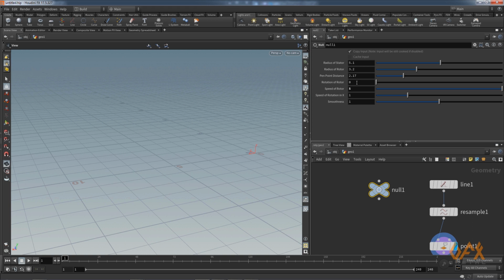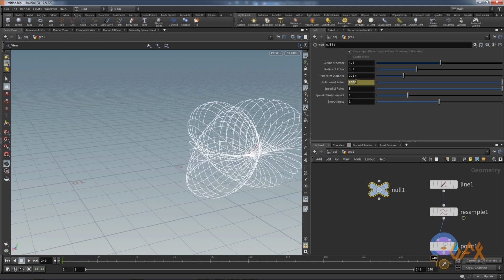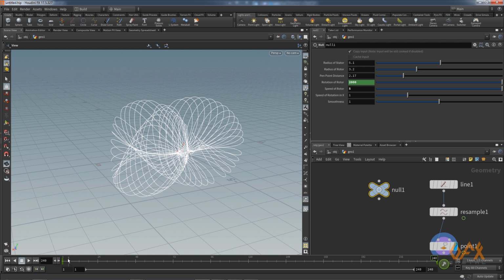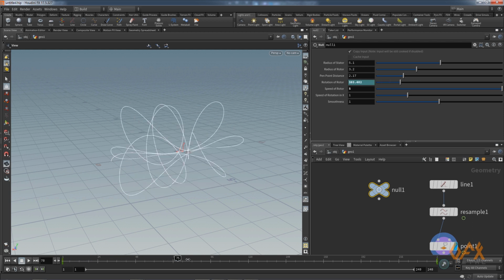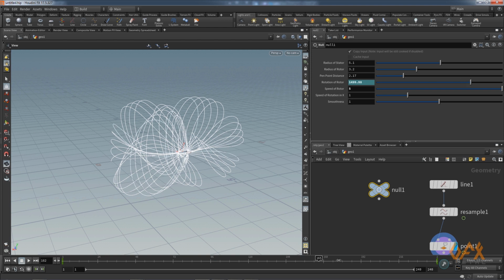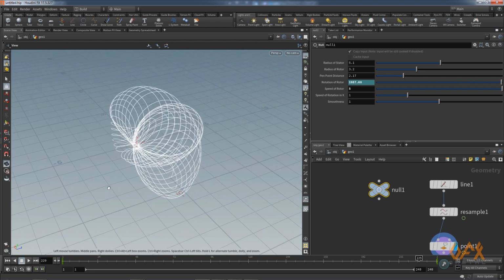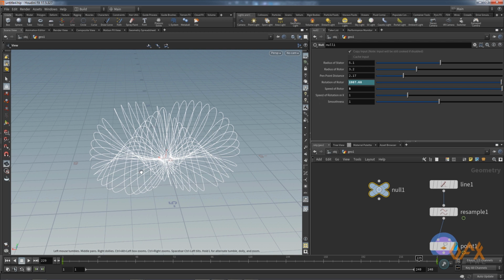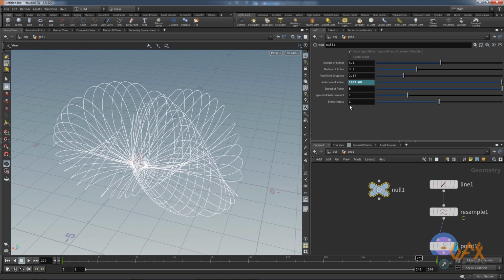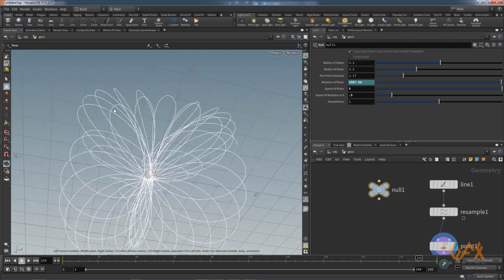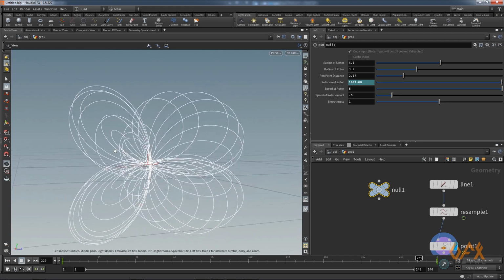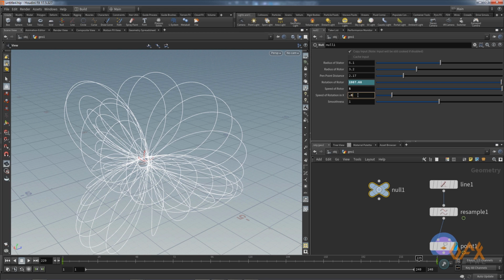I set it to 0 by Control Alt press. I change my timeline, I set it to 2000, and now you see, you can get your 3D spirograph. Now you just play with these controllers. For example, this is my 3D speed rotation, so I put it to maybe 0.5. Okay, maybe 0.02.